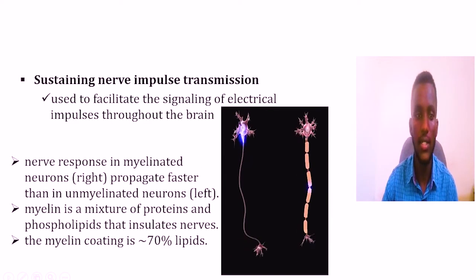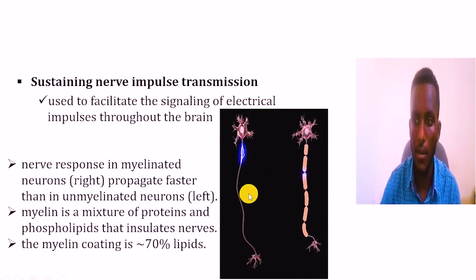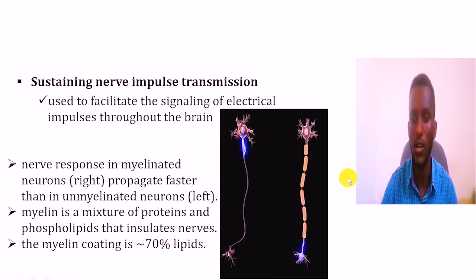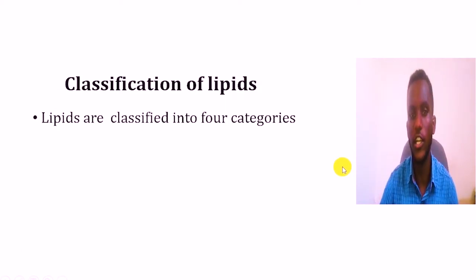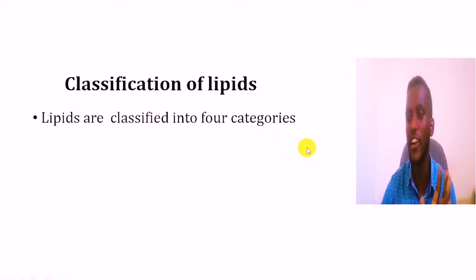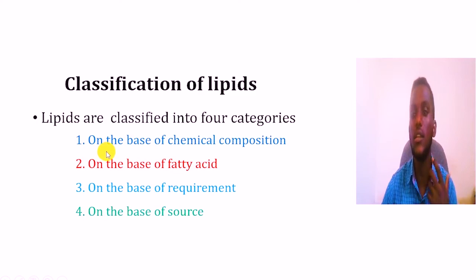So this is an unmyelinated neuron, and this is myelinated with lipid. The other topic is the classification of lipids. How do we classify lipids? Basically, the lipids are classified into 4 categories based on different criteria. One, the lipids can be classified